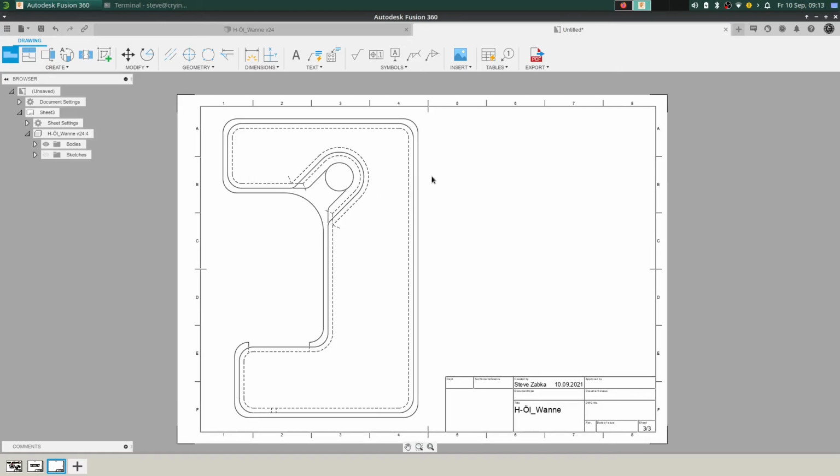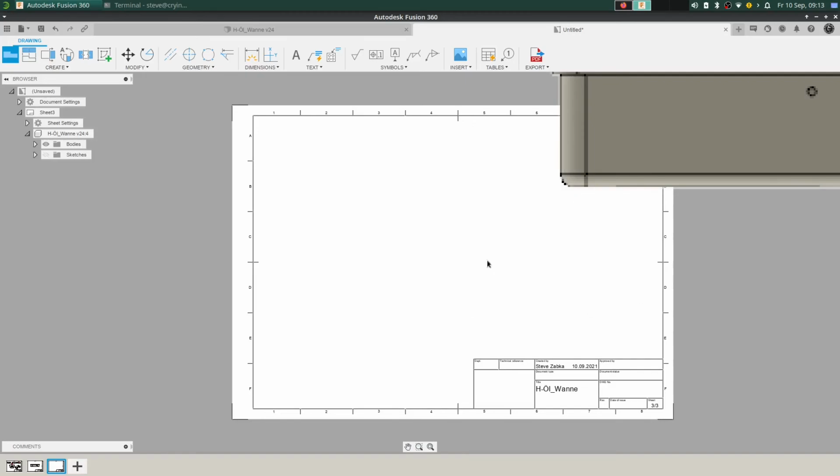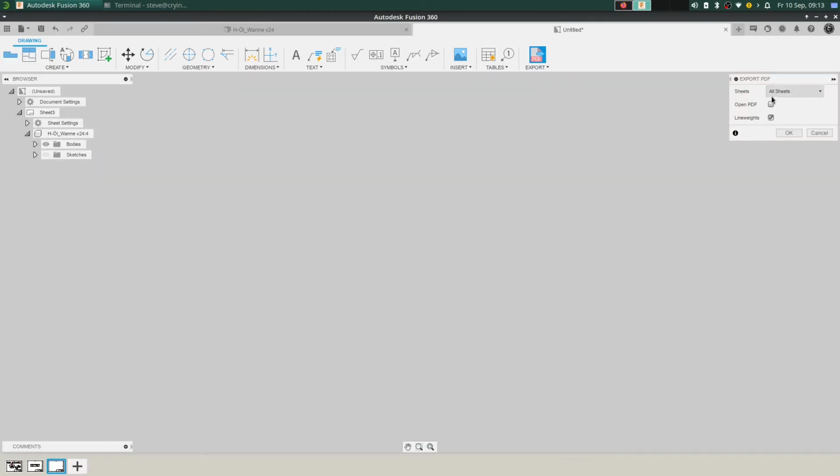So then we have created here these 3 sheets, and the last one what I will show you is the export of these sheets here. Export PDF, all sheets, okay, open PDF, oh no, line weights, yes, okay, but you can also click here on